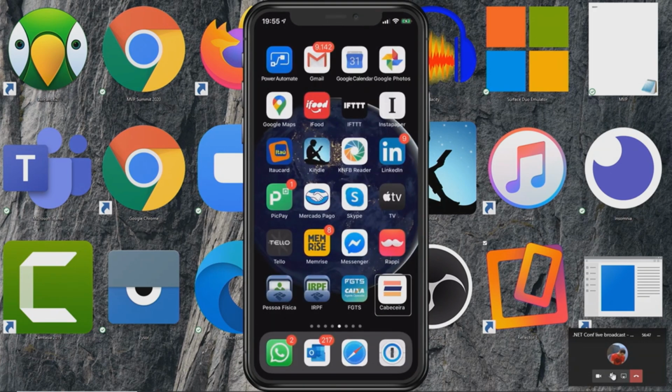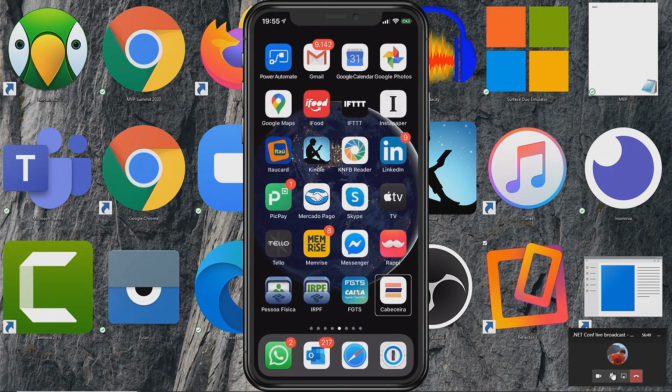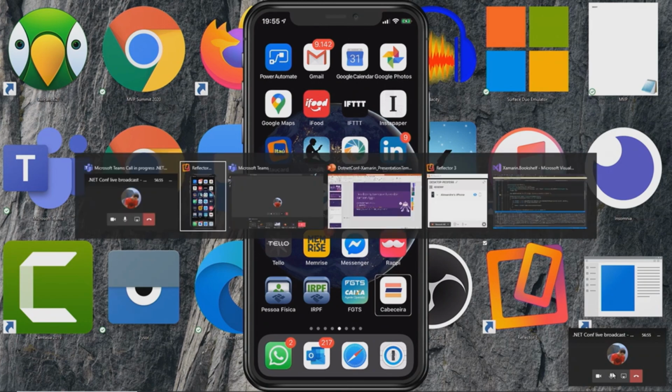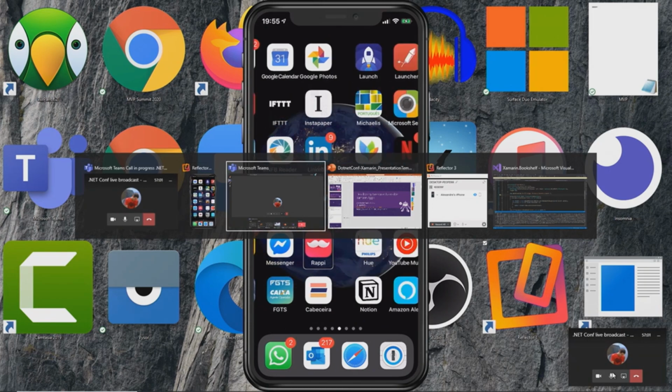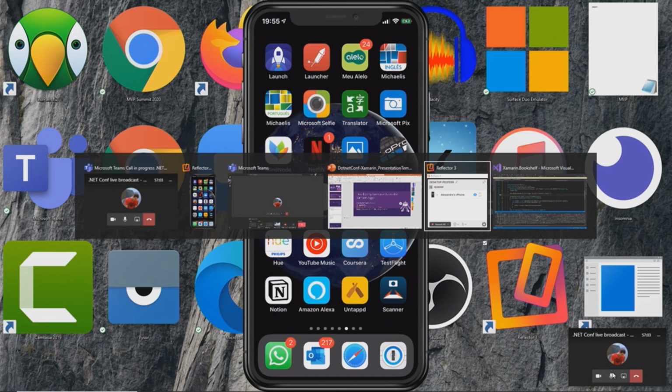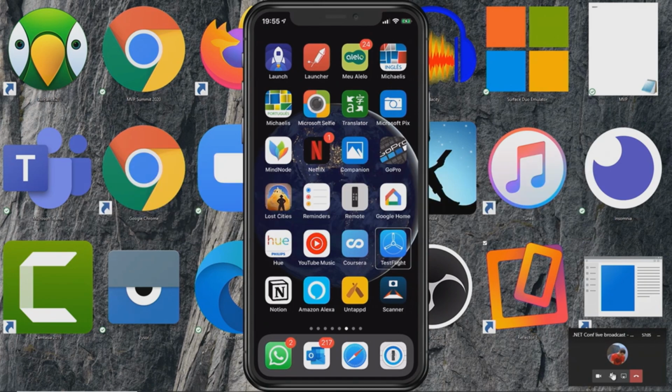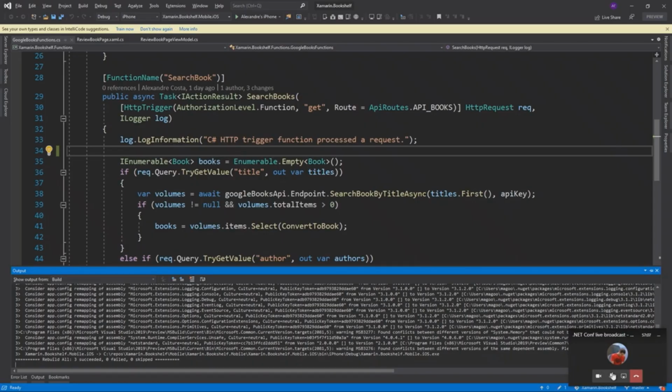Xamarin Bookshelf Mobile. And go to Visual Studio. Text field. Double tap to edit. That screen that I showed that has a list of books is